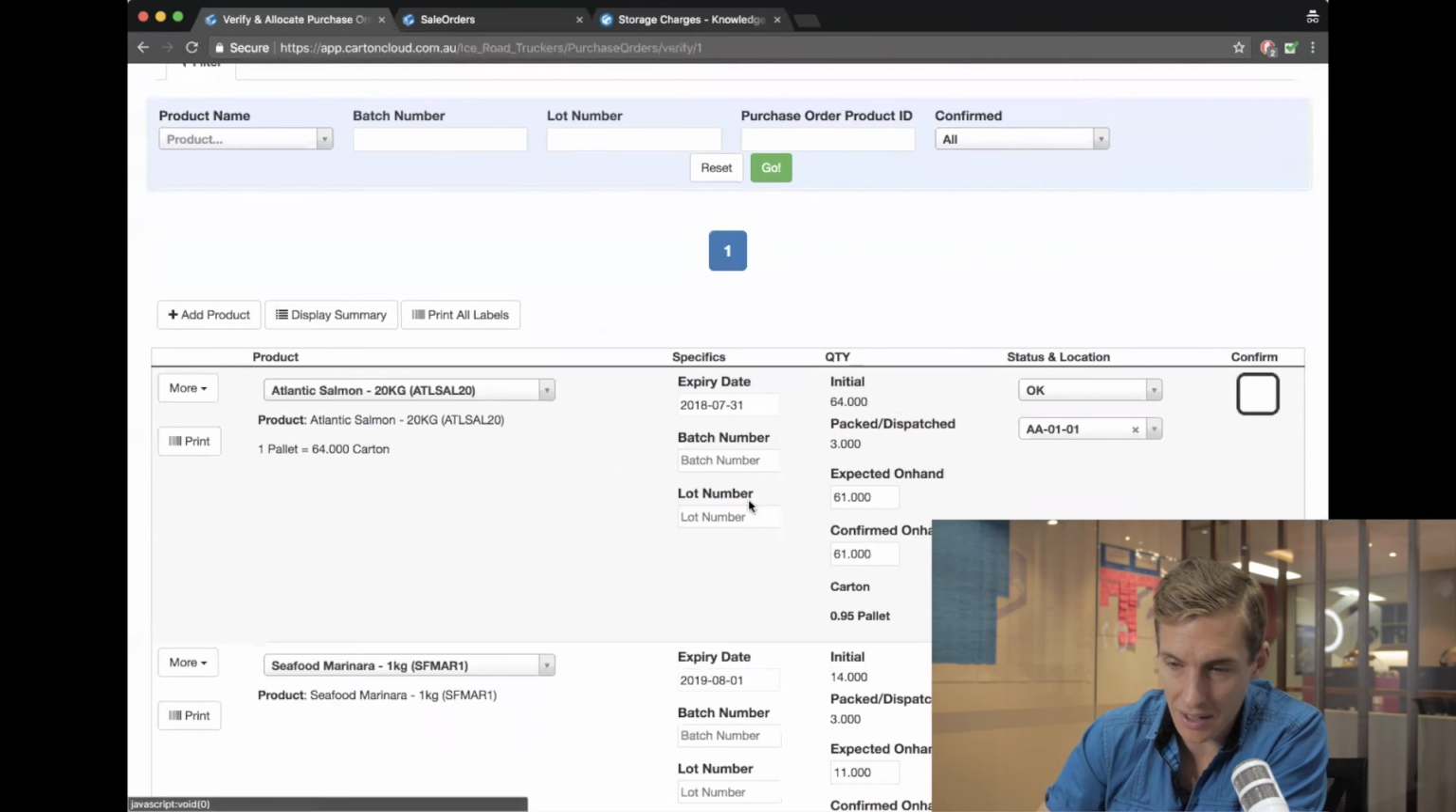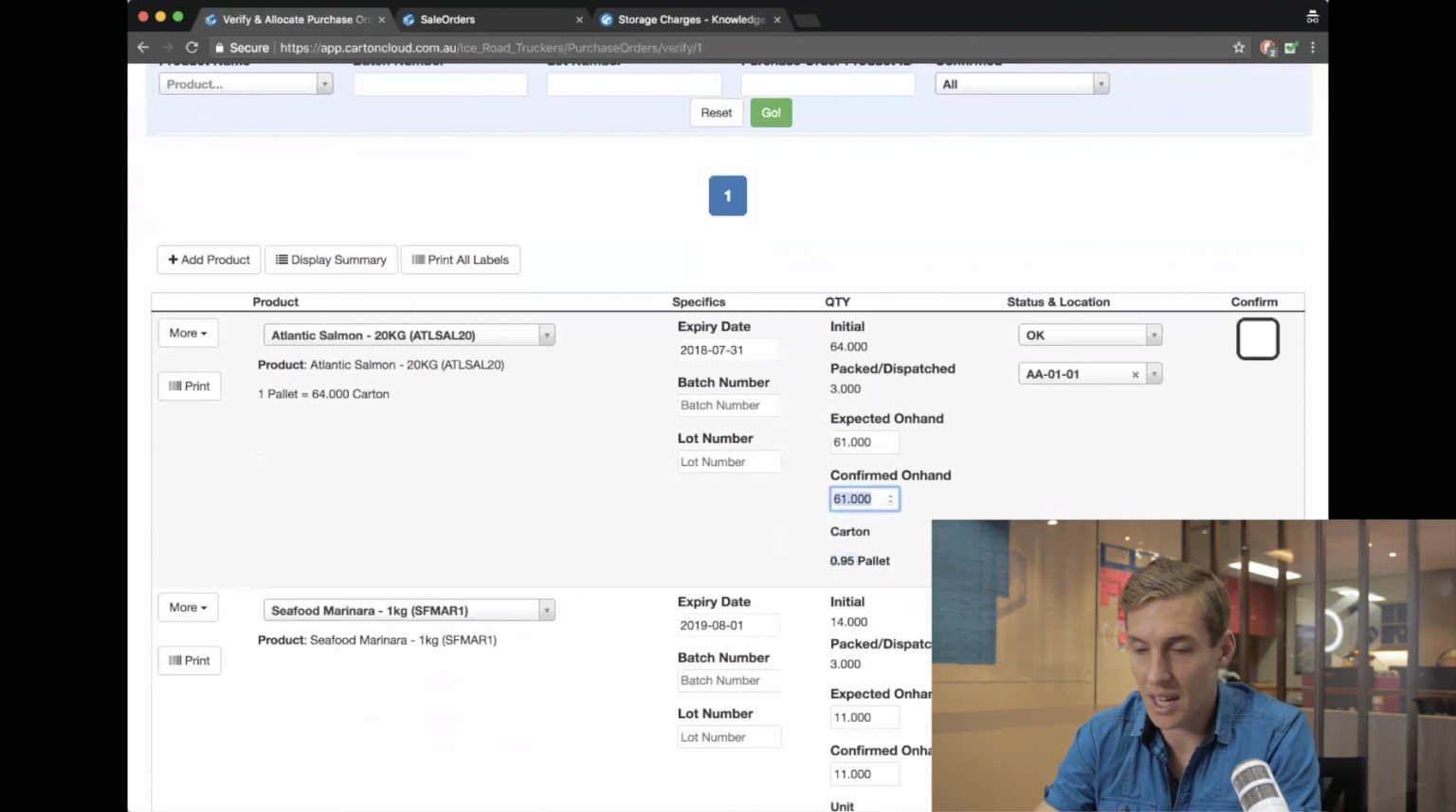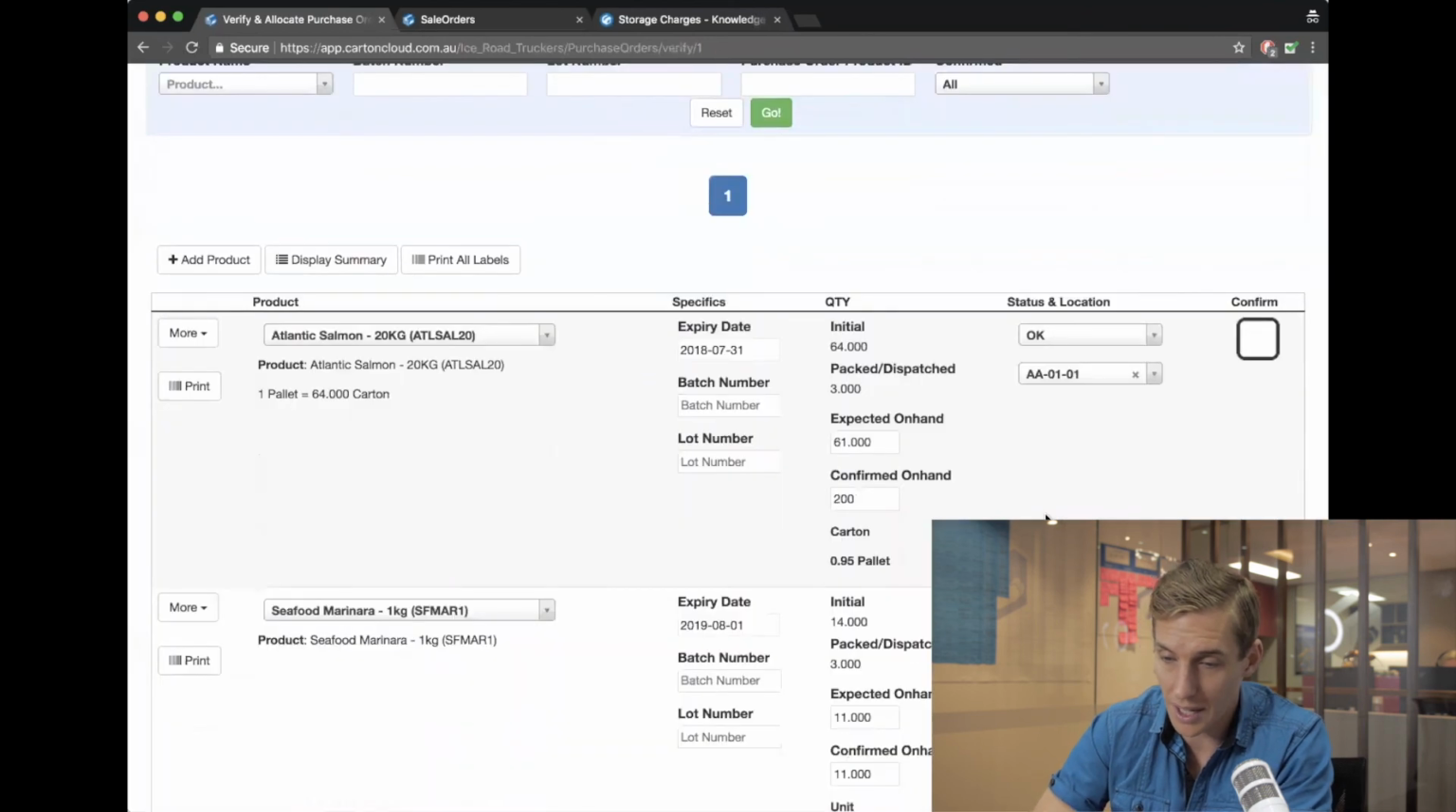For this Atlantic salmon product, right now I've said that there are 61 cartons, which is 0.95 of a pallet going into my single location. If I change this and raise it to, say, 200 cartons going into my one location,